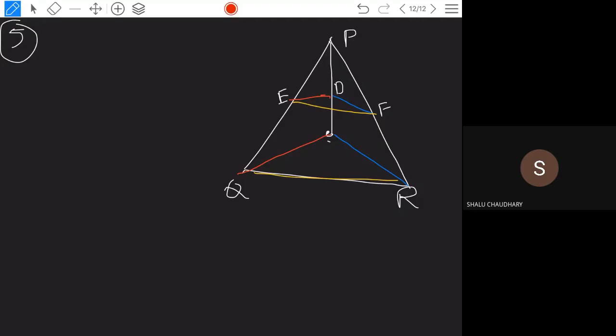DE parallel to OQ means, through the figure if you see, I'm going to explain, you may get confused with this one. Which triangle is there? Triangle POQ. In triangle POQ, DE is parallel to OQ. So this implies, by the basic proportionality theorem,